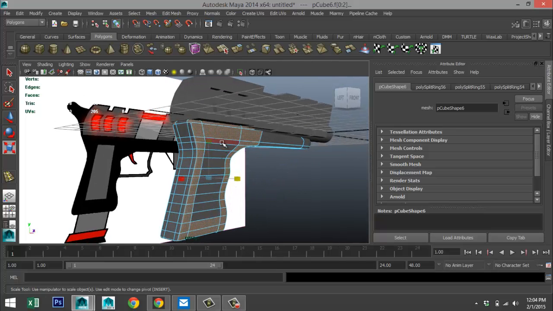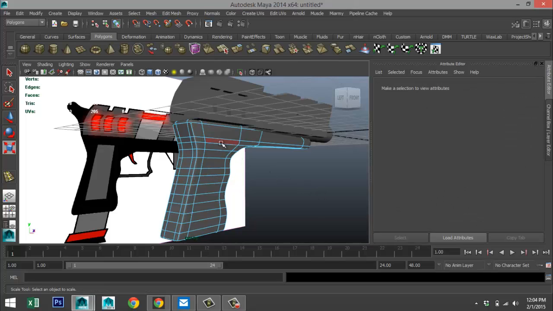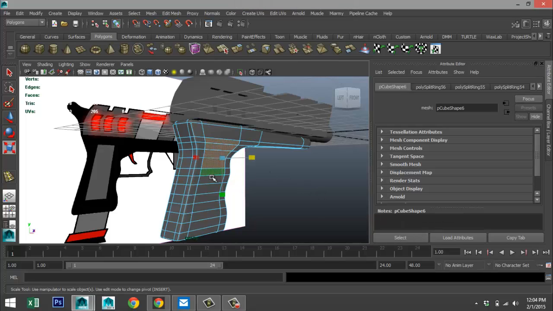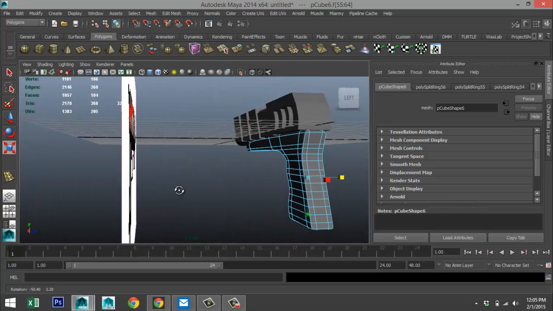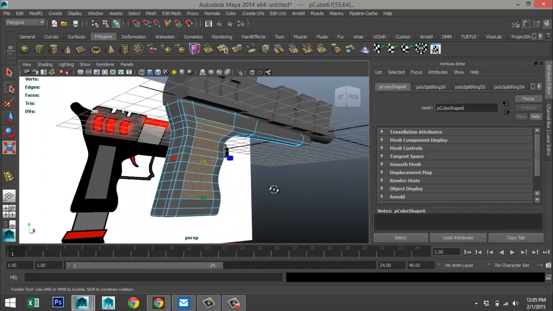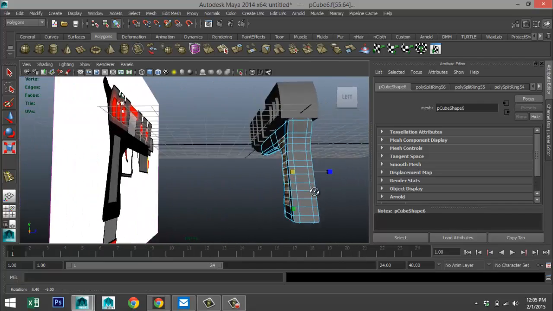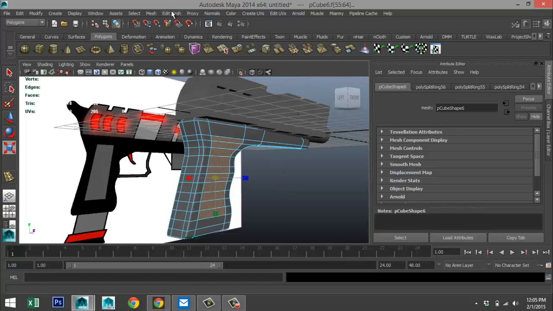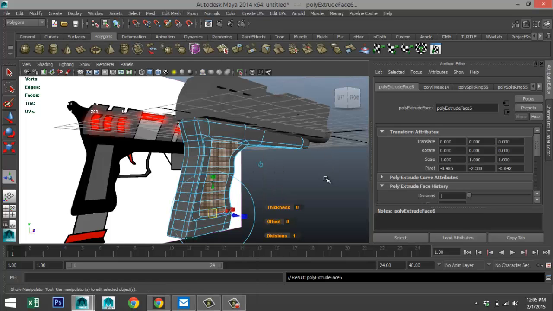And then we'll take these, these, edit mesh, extrude, hit R, and scale them in.